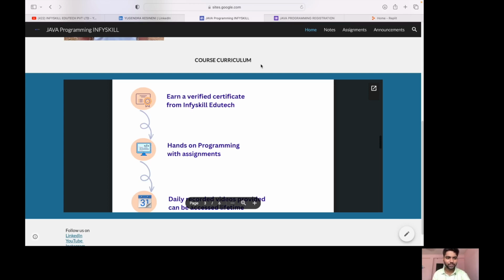To evaluate your learning, we will be conducting assignments, and you will get merit certificates so that you can showcase your learning on LinkedIn and add these certifications to your resume as well, because they are merit certifications, meaning you have achieved a good score in Java basic, intermediate, or advanced.